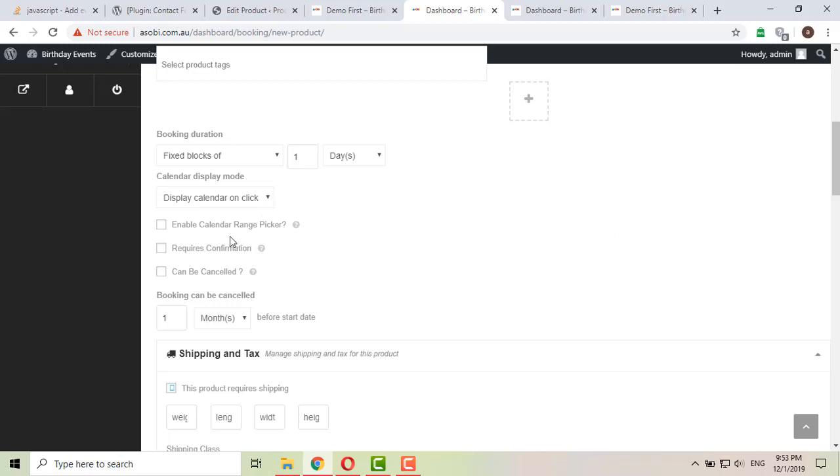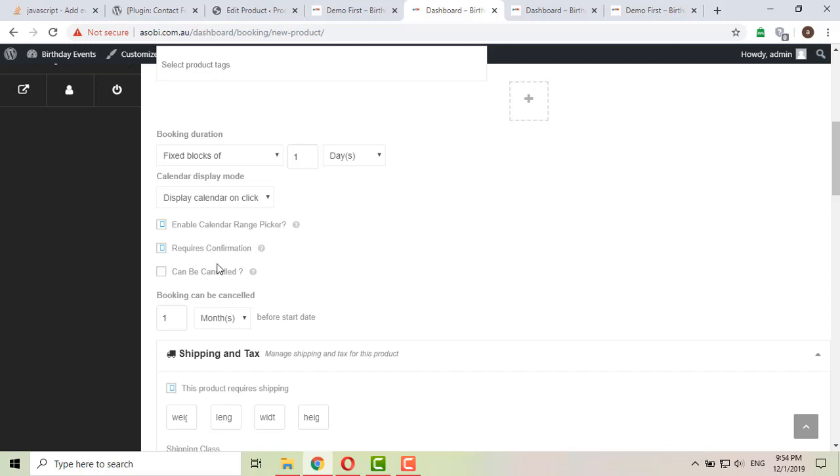Then a calendar will open, enabling you to pick the range from the calendar. It asks whether it requires confirmation or not. Now if the vendor wants the booking to be confirmed by the admin or the vendor, then mark this checkbox, otherwise uncheck it. Can be cancelled.